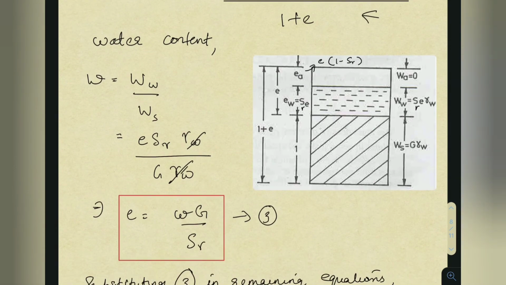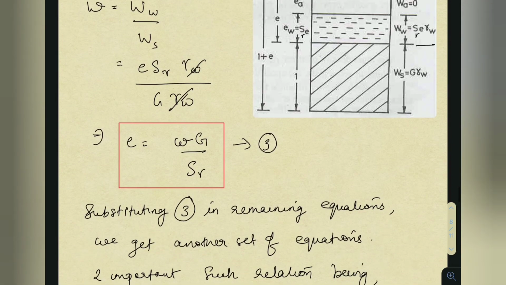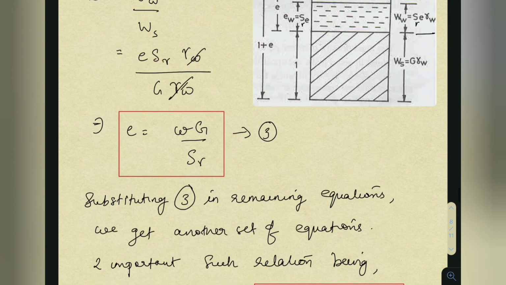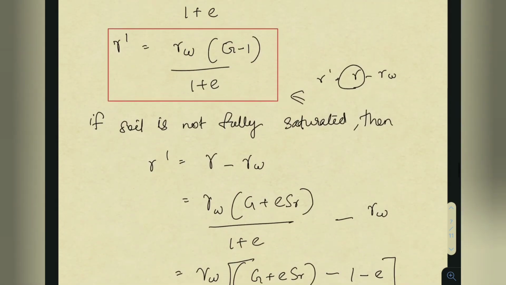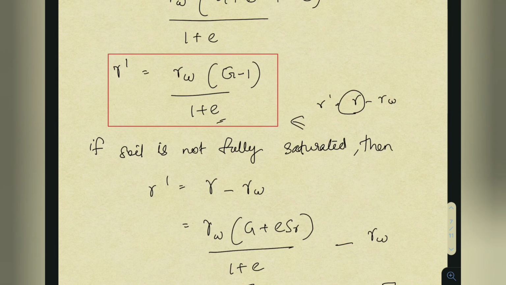Then the water content. Water content, w is equal to weight of water by weight of solid. So that will be this divided by this. So you get a value of wG by Sr for e, rearranging these terms. Okay, so that will be this one. This is an important equation. So if we substitute that in the remaining equations, which are all based on e, void ratio,